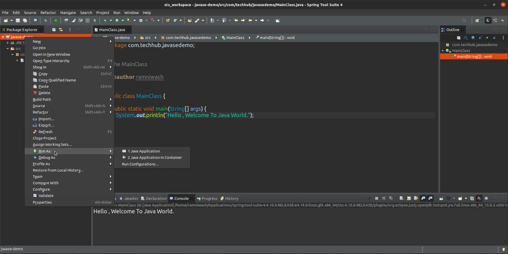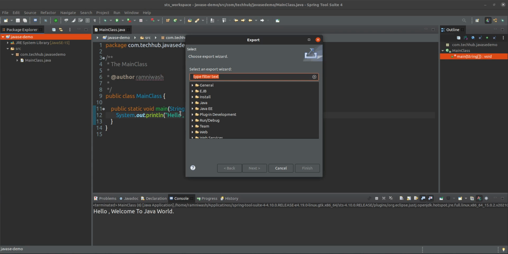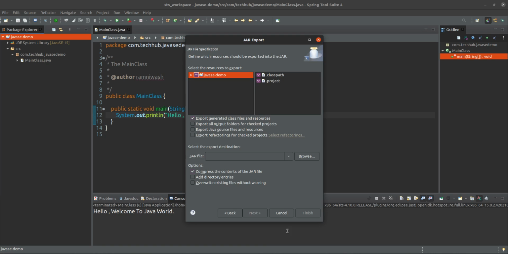Okay, yeah, export you have to do. You can do export. How? Java, JAR file. Next. And the JAR file, where you want to create it, like my main class, you can give mymain.jar.